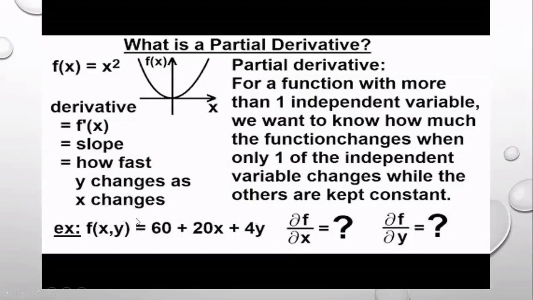Suppose you are thinking about bread making. There is a fixed cost, equipment and electricity cost, plus the input cost. The inputs are two: the wheat flour, and all the other ingredients we incorporate in the y component. So for a partial derivative of a function with more than one independent variable, we want to know how much the function changes, how many breads are produced, when only one of the independent variables changes while the others are kept constant.